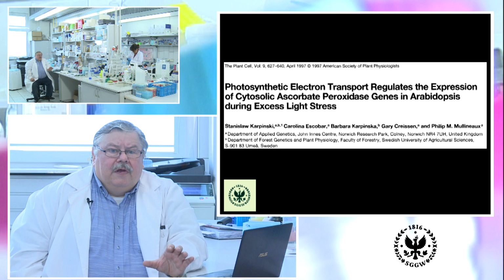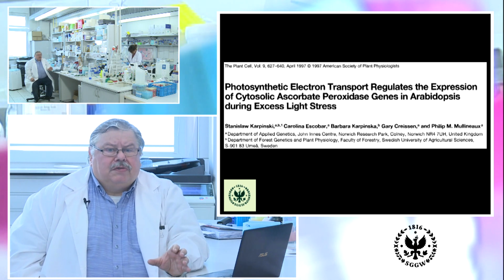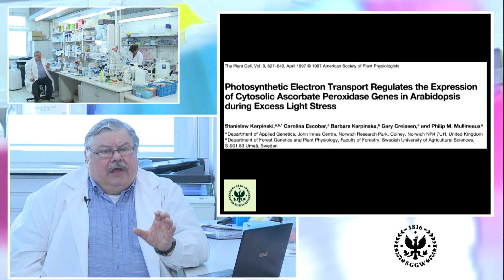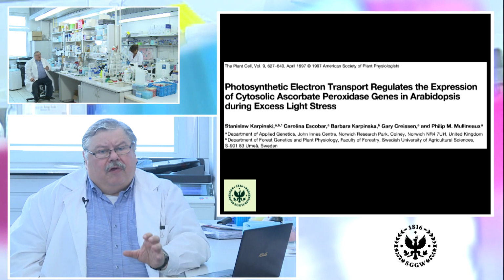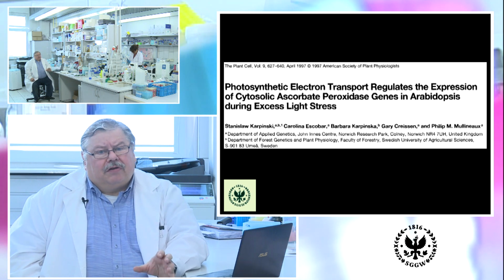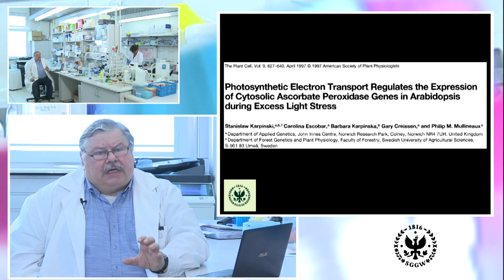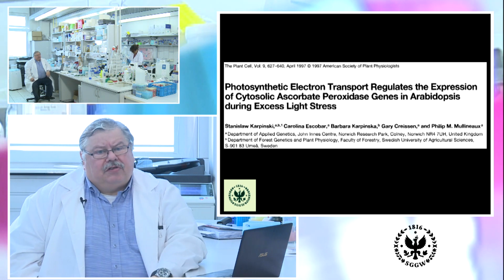In this paper, we showed that induction of ascorbate peroxidase 1 and ascorbate peroxidase 2 is strictly dependent on the redox status of the plastoquinone pool and on the chloroplast redox